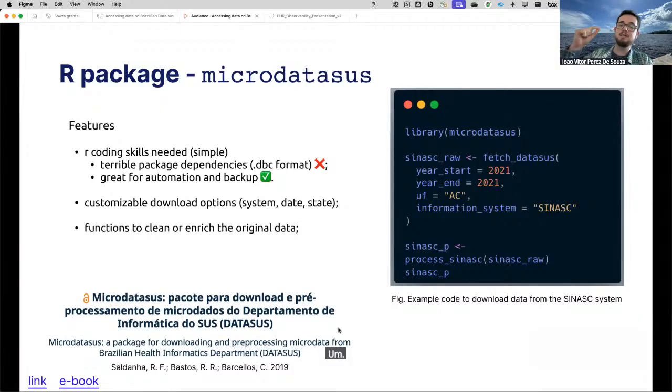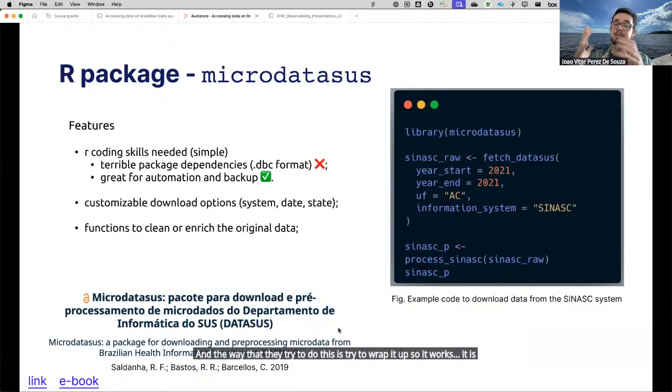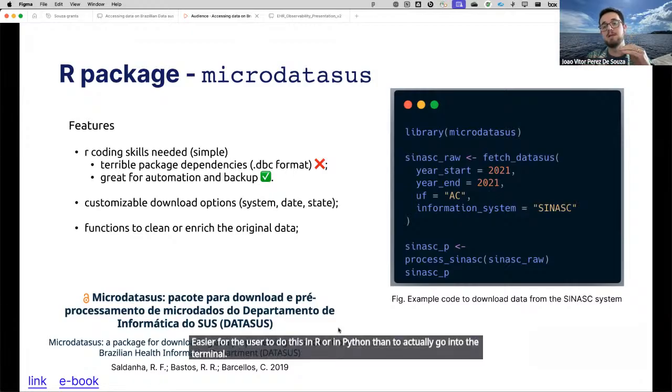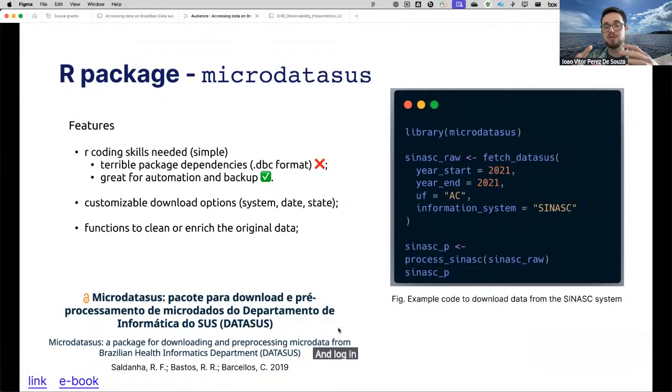They connect directly to the server in Brazil and download it for you. And the way that they try to do this is to wrap it up so it works. It is a little easier for the user to do this in R or in Python than to actually go into the terminal and log in and search for the files, which is a bit messy. But you could do that as well.